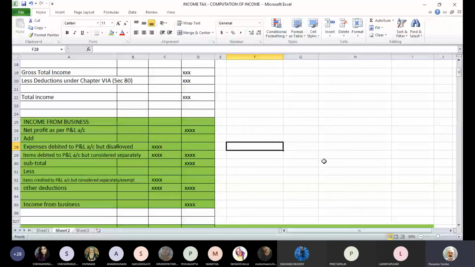Have you understood this format or template and the logic behind that? Yes? Yes, sir. Okay. Have you already written down or you want to write it down? Have you already written this part? No, sir. Okay. Then please write down this template. How to compute the income from business. This is a template we are going to use. So please write it now itself, and then we will go and discuss the first sum on business income. I'll give you a couple of minutes to write down, and then we can start again.